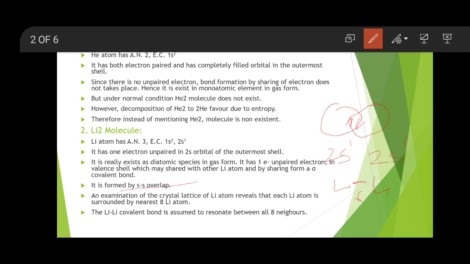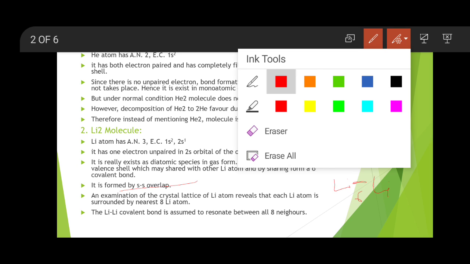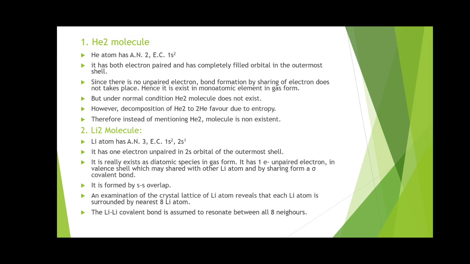we found that each lithium atom is surrounded by the nearest 8 other atoms, and therefore its coordination number becomes 8. Okay, because it has 8 neighbor atoms. This is the second molecule. Now we will go to the next molecule called a